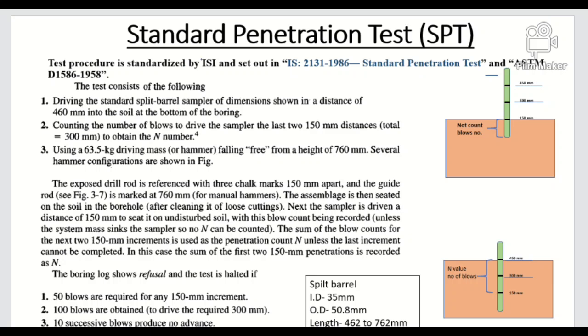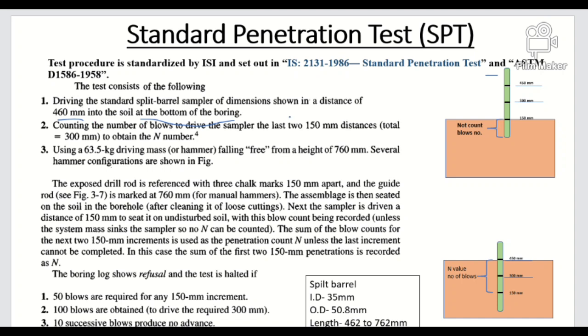The SPT test, the standard penetration test, is a destructive test to the ground, and it is standardized by IS code 2131 1986 and also ASTM 1586. In this procedure, as per the equipment, the driving standard split barrel sampler has a dimension of minimum 160 and can extend up to 762 mm. So it will be set at the bottom of the boring, and